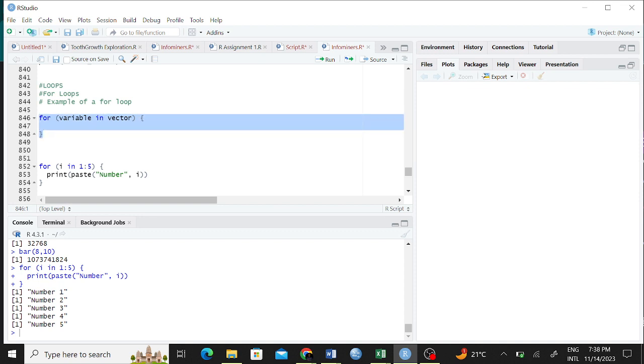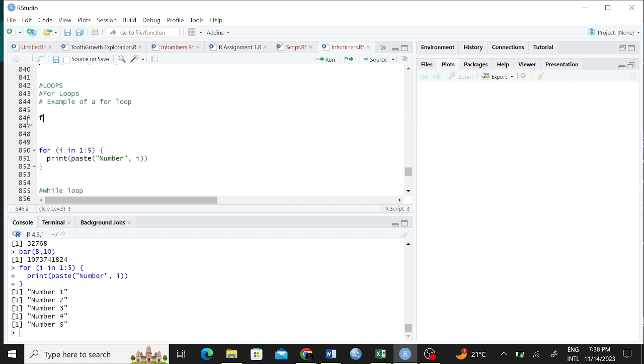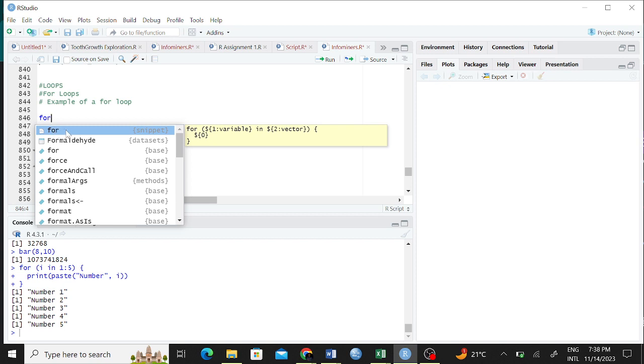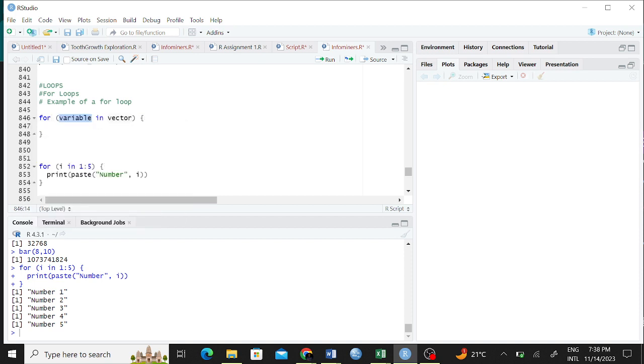But yes, if you type for in your R console, it is going to come. Just start typing for, and then you can see this one. It's written snippet, right? And then just press tab or just click on it that way. You will be able to see these things. Yeah, but this is like the skeleton of a for loop function, right? Yeah. So this is a skeleton, and it's telling you for